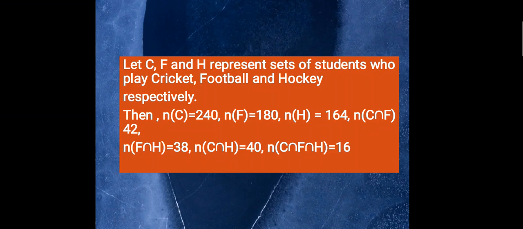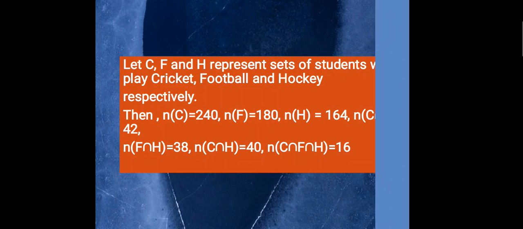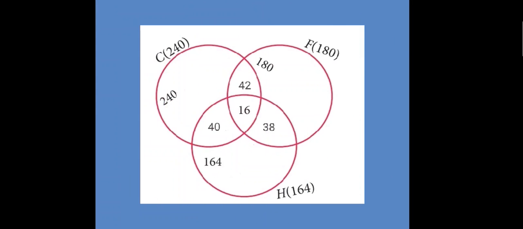C and F, that means those who are playing cricket and football, is 42, those who are playing football and hockey 38, those who are playing cricket and hockey 40 students, and those who are playing all the games 16. Then we can represent the given in the Venn diagram like this,